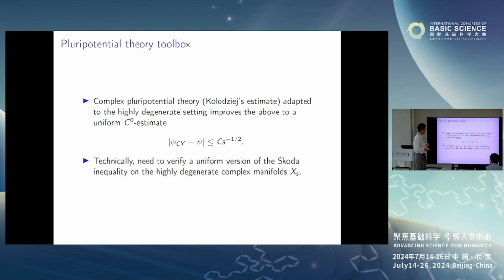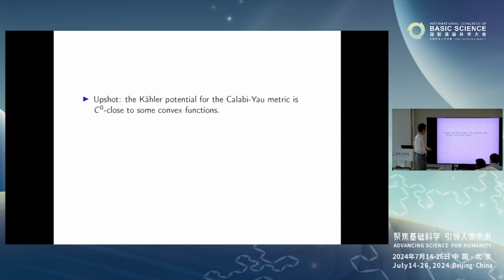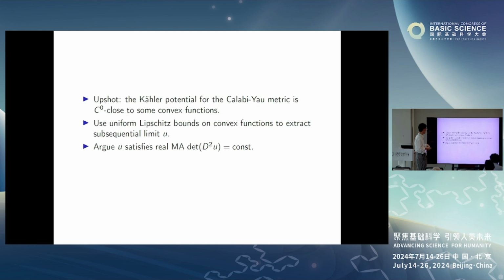And then you still need to understand exactly where the Monge-Ampère equation comes from. Well, so the rough idea is that you already know that the Calabi-Yau potential is close to a convex function. And then convex functions automatically have some kind of Lipschitz bounds. So by some Arzelà-Ascoli type argument, you can try to extract some limit. And then you